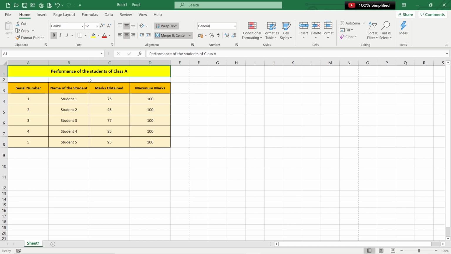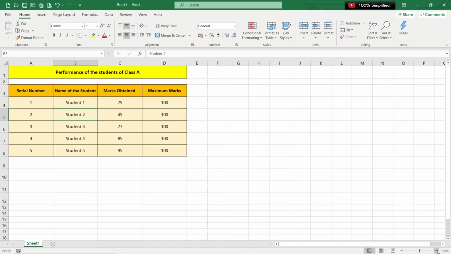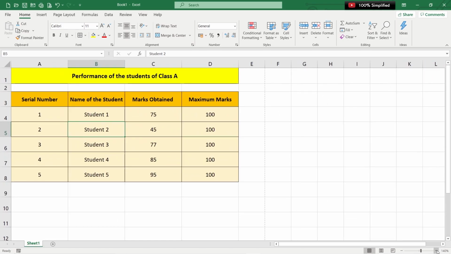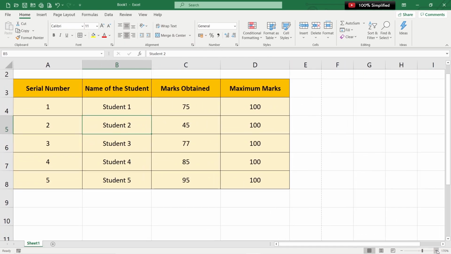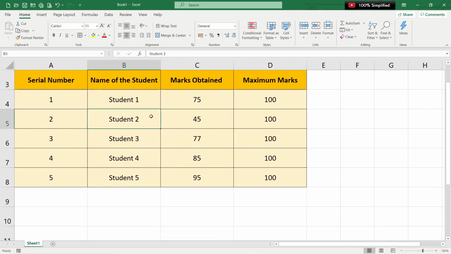Now, once we have the data formatted and the table created, the last thing you need to know is that whenever you're viewing the data, it may happen that there are n number of columns and n number of rows. So you may want to zoom into a particular data. Let's say I want to zoom into student 2 who has scored 45 out of 100. There could be n number of data mentioned here in front of that particular student. So let me just click on student 2. I can zoom in by clicking on the plus sign in the status bar. I think this we have covered before. Now you can see the live example of it. Whenever you click on the plus sign, it is zooming into student 2 who has scored 45 out of 100.